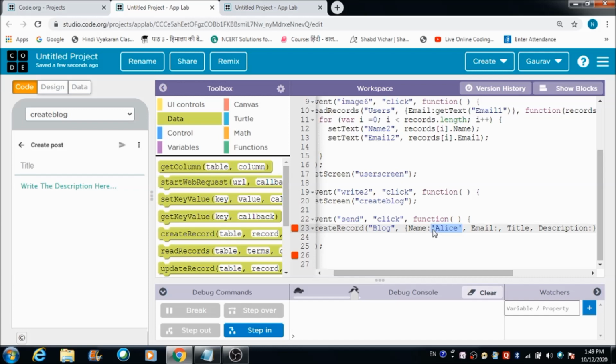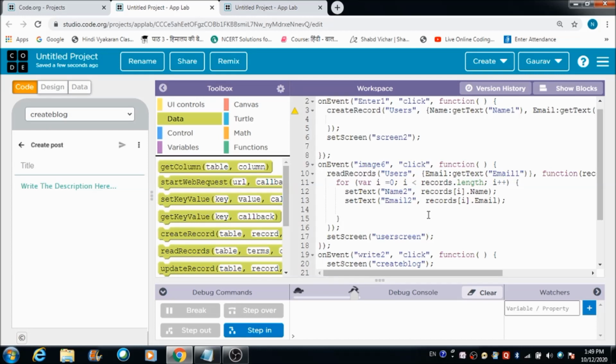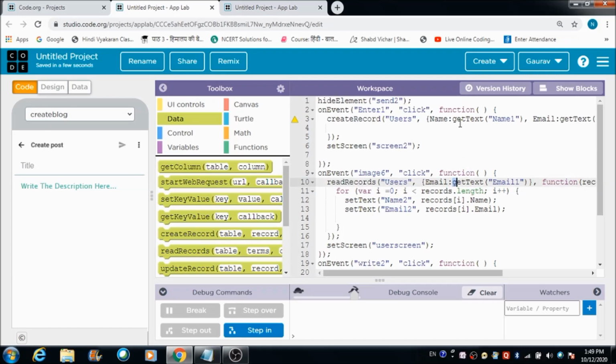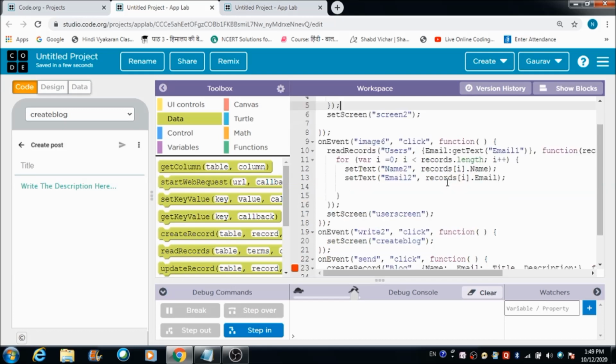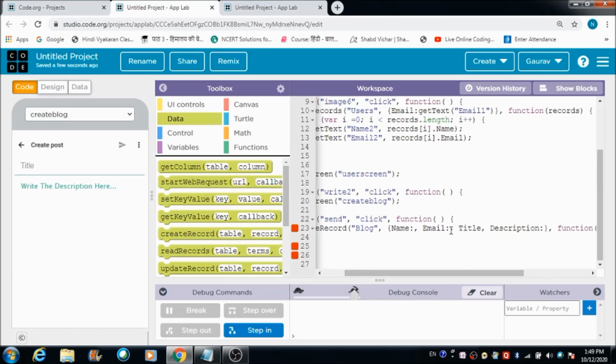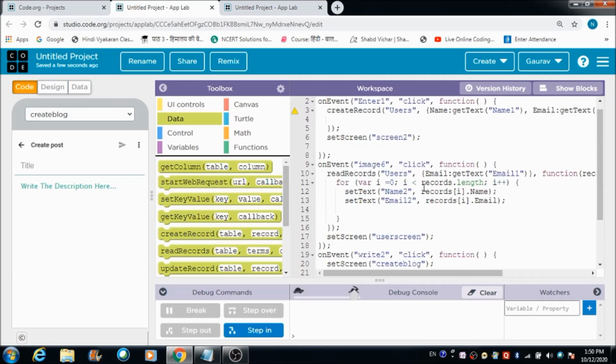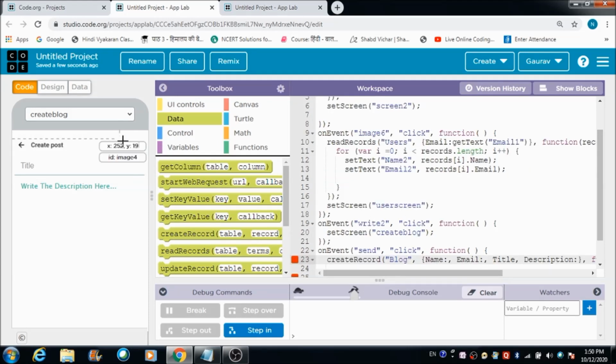Now from where I will get the information of all these 4 things? For that I can make use of this get text. From where are we going to get the information of these 4 things? Now this is a question. For name, let's make use of this name2 component.